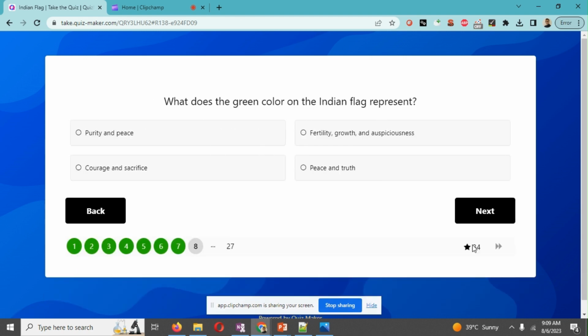What does the green color of the Indian flag represent? The green color represents fertility, growth, and auspiciousness. So the green color से हम बात करते हैं growth की, fertility की, and auspiciousness की।